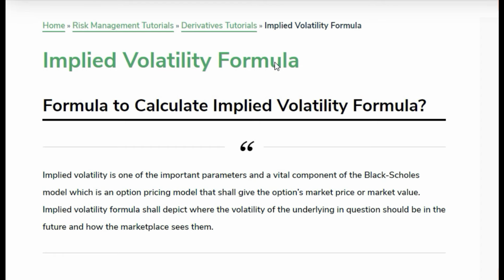So friends, as I mentioned, I will quickly take you through implied volatility and how it is calculated. While trading options you need not know the nuances of how implied volatility is calculated, because it is already given to you by the market and you can always see the values in the option chain. But just for the sake of understanding, so that you can develop the intuition, I'll quickly take you through the parameters which are used to calculate implied volatility.